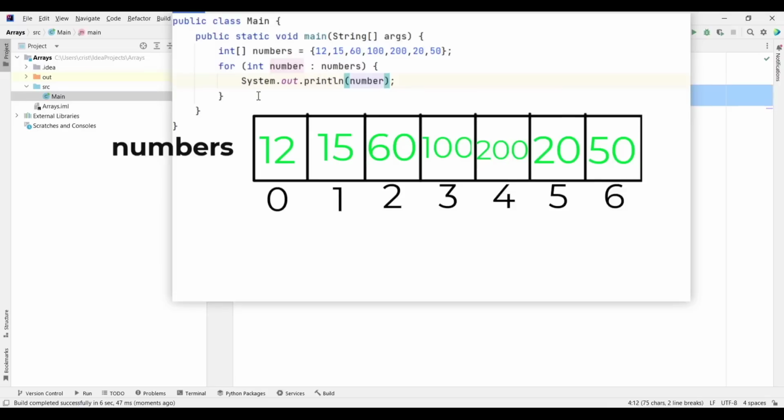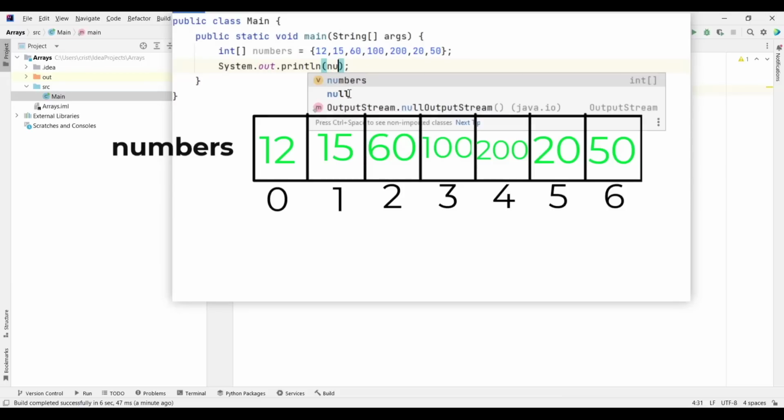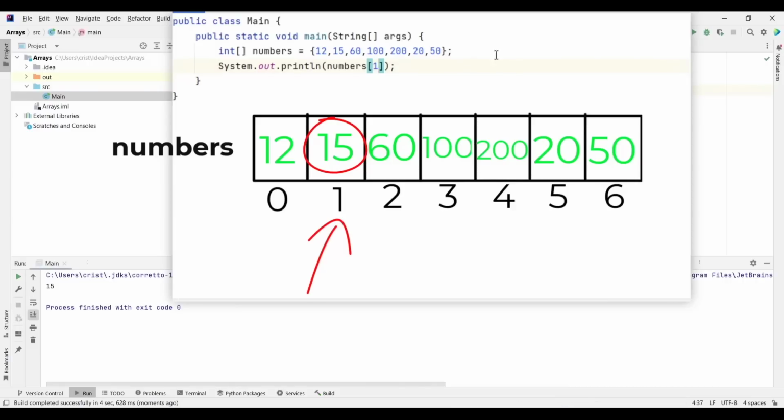So if I want to print the value, let's say 15, I need to type here SOUT, and I will type numbers, then square brackets, and now we need to use the index where that specific number is, and the index of 15 is 1. So if I run this, we get 15 because this line of code is getting the value which is stored at the index 1.